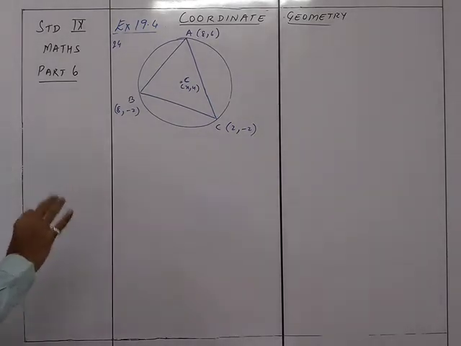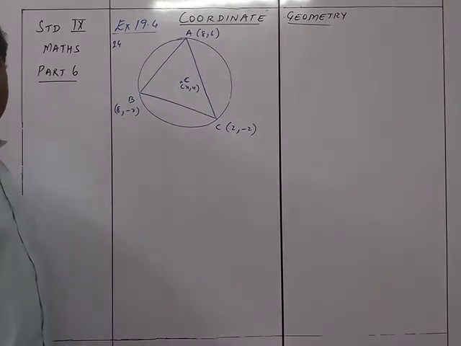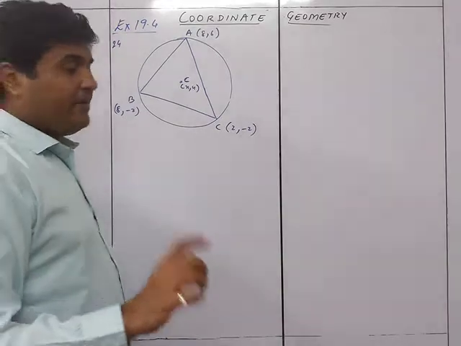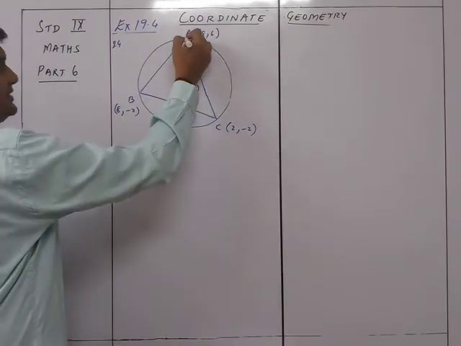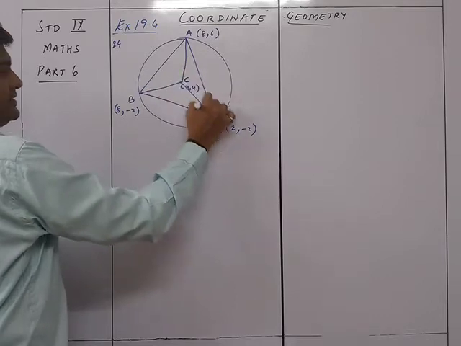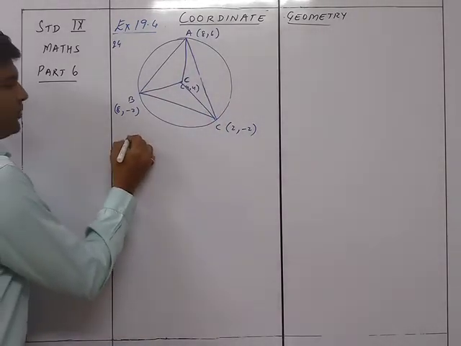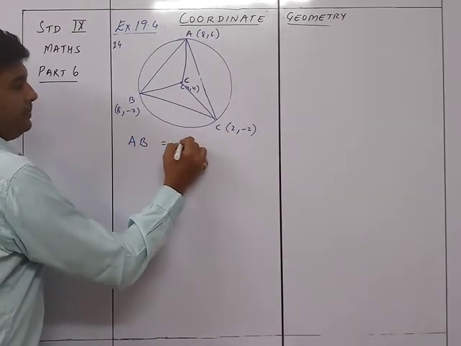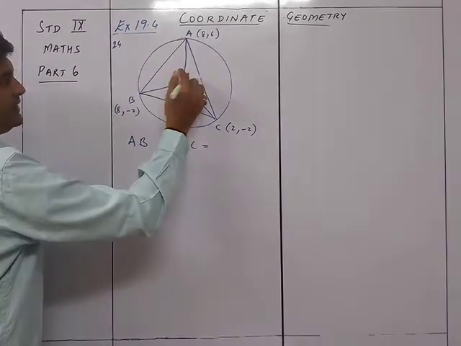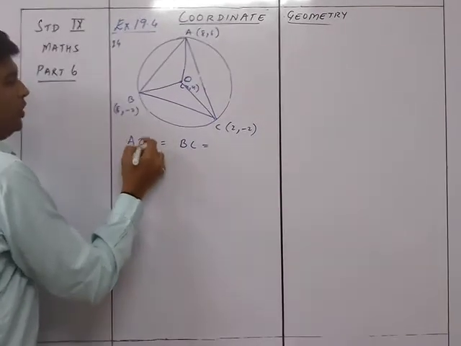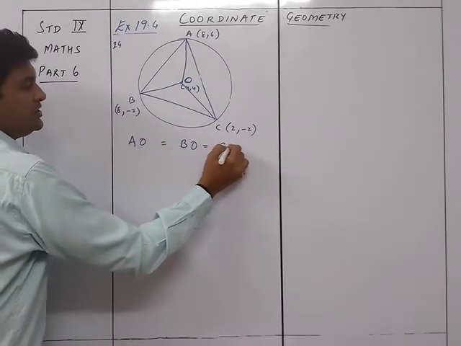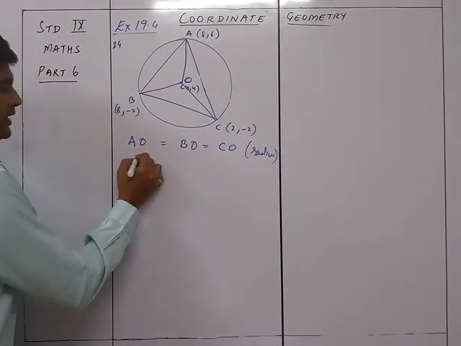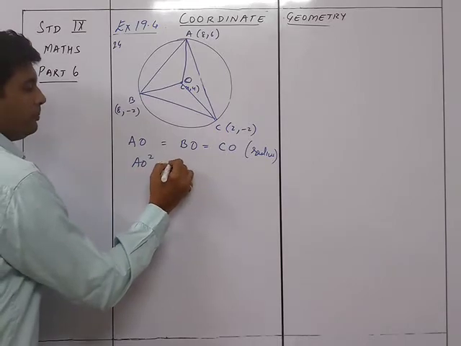So they have given us that we need to find the value of this center C, which is x comma y, wherein these particular points are given. One thing I know very clearly is that this radius and this radius are equal. So we have AB equals BC equals, I'll take this as O, so AO equals BO equals CO. Radius. Therefore, AO square equals BO square.